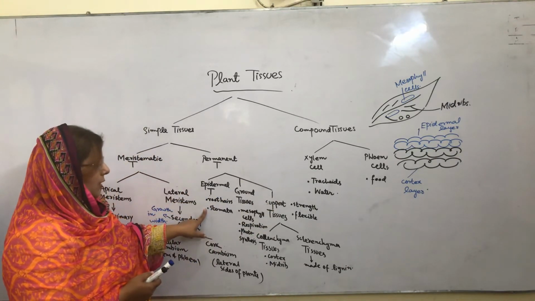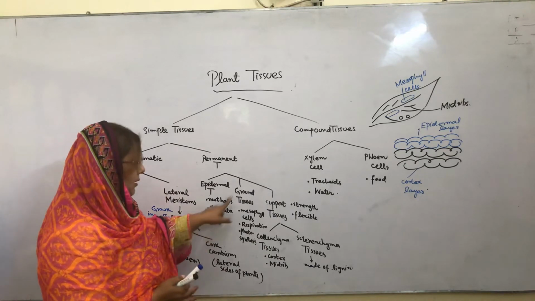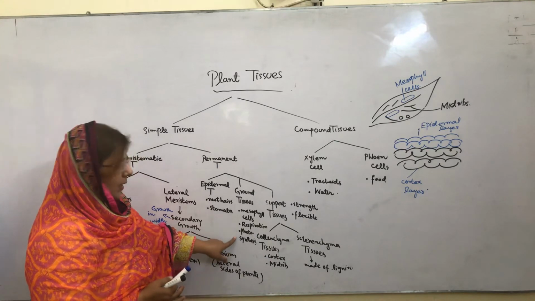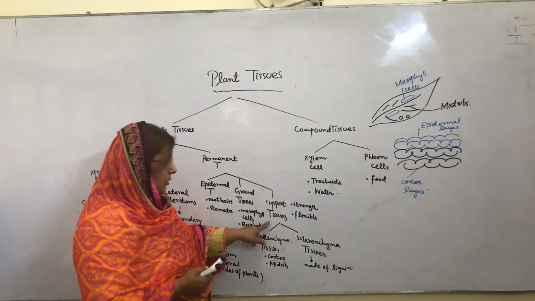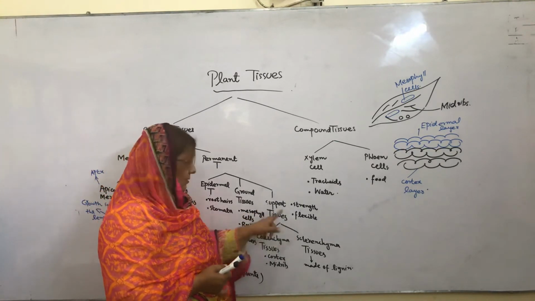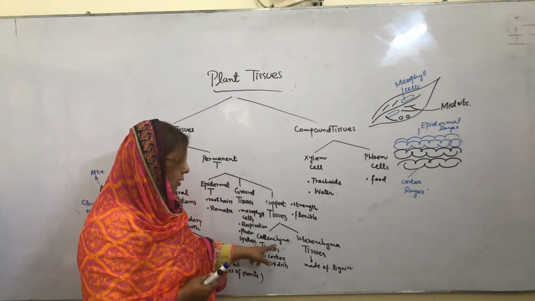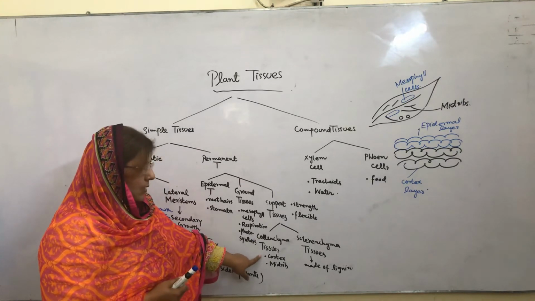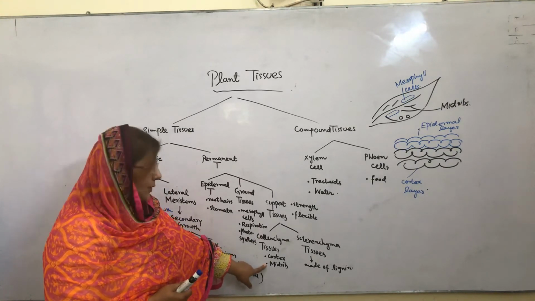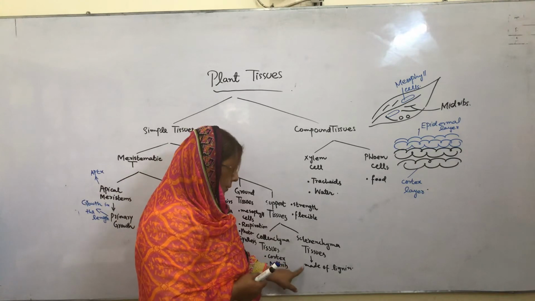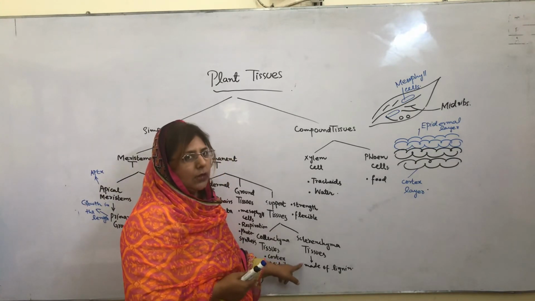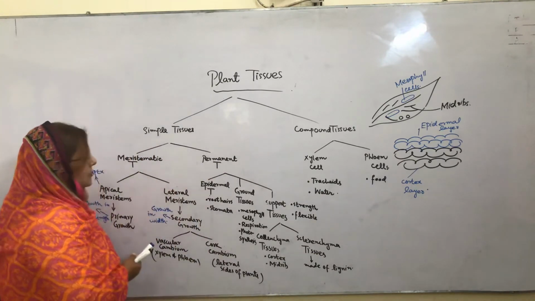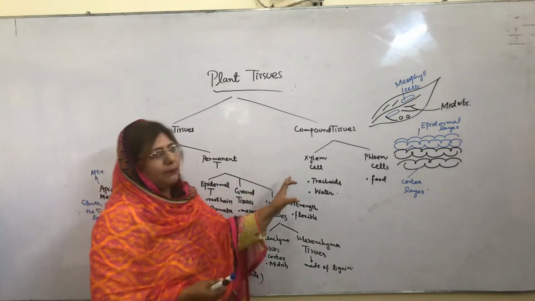Epidermal tissue we can find at root hairs and stomata. Ground tissues are found in mesophyll cells. They help in respiration and do photosynthesis. Support tissues give strength and they are flexible. They are further divided into two parts, collenchyma tissues and sclerenchyma tissues. Collenchyma tissues are produced at the cortex and at midribs. Sclerenchyma tissues are produced in wood and make the wood hard by a chemical which is called lignin. I hope you understand the simple tissues. Now we come to compound tissues.